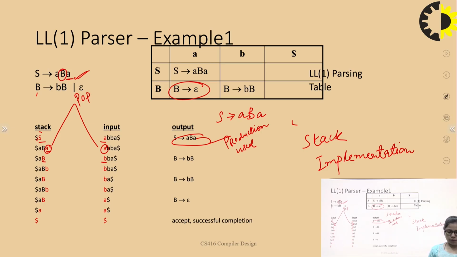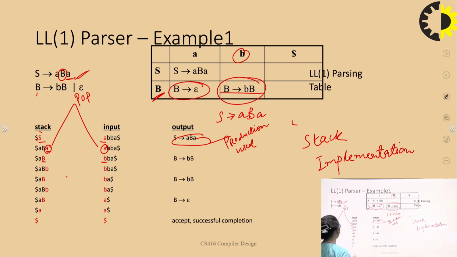Now when the two different things occur, then we again replace, then we again compare with the help of this table. We can directly use this production from here, or with the help of the table we can predict that value also. For example, small b and capital B, what production is used here? This production is used with capital B.